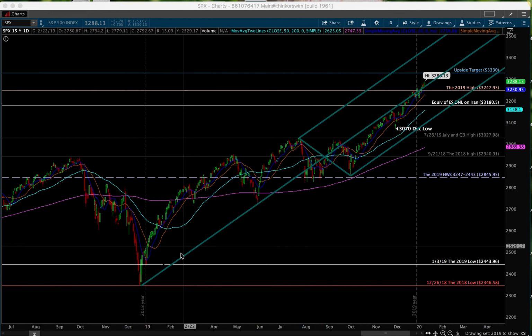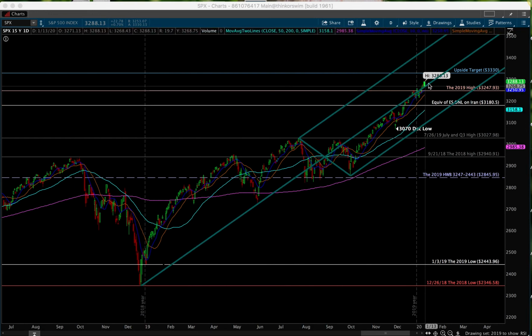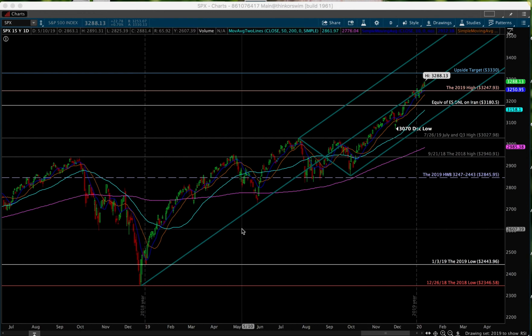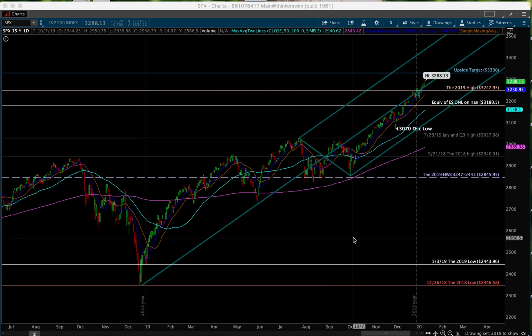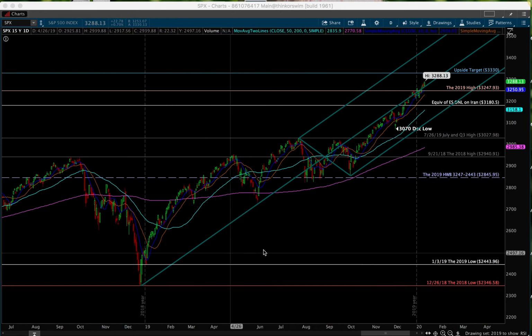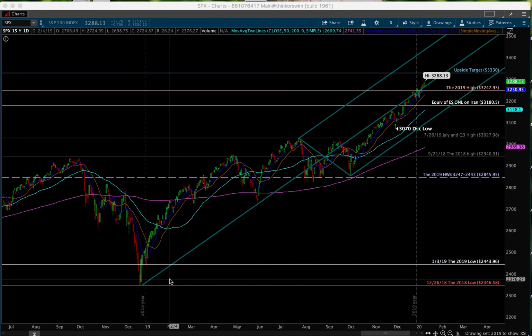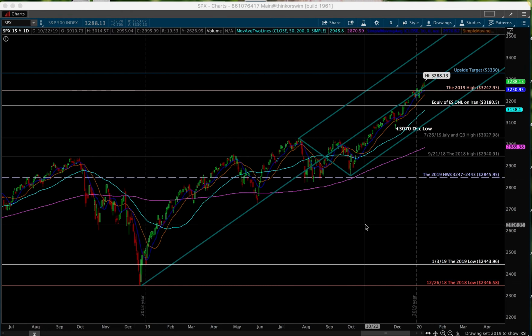But I thought this would be a good time to do that, especially since it's really becoming clear that we're purposefully making closes above the median line of this bull fork. So let's talk about it. The thing with the bull fork or with a bear fork is you need three distinct points to plot the anchors on them. It's just a software tool that you can use in Thinkorswim, but these are used in lots of other broker programs as well. So if you have one, this will sort of give you an idea of how to utilize it. But the one in Thinkorswim, you pick out 3 points in the security that you're trying to plot the fork